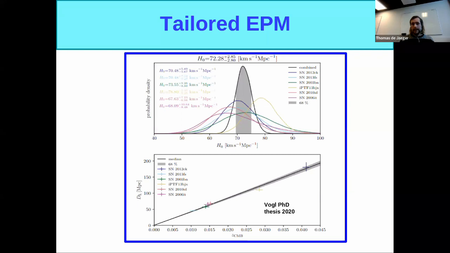So Christian Vogt, in his PhD thesis, the paper I have not published yet, used that method to measure six distances of type 2 supernovae, and that derives the Hubble constant. So you can see the probability density of the six values and the average, and they find a very nice value of 72.3 plus or minus 3 km per second per megaparsec. So the value is also in tension with the Planck value, and again this is without any calibrator, so no issue with TRGBs, Cepheids, or environment or whatever.